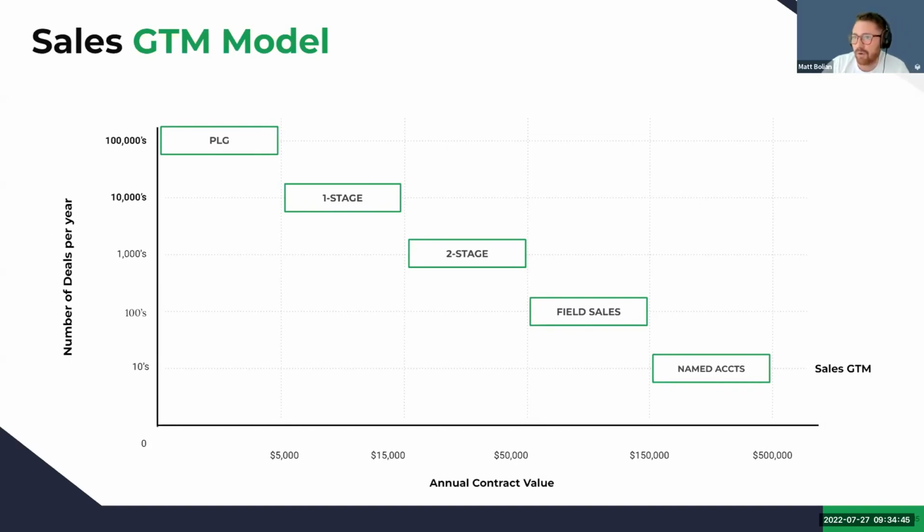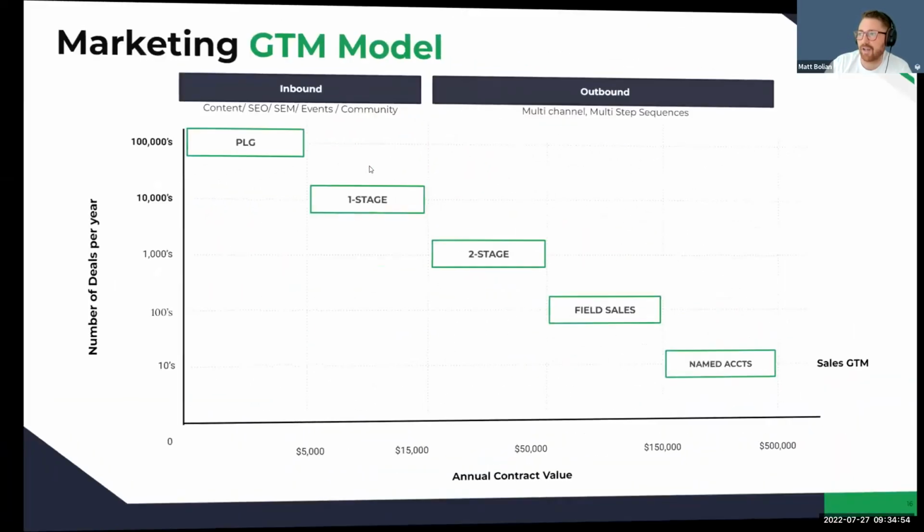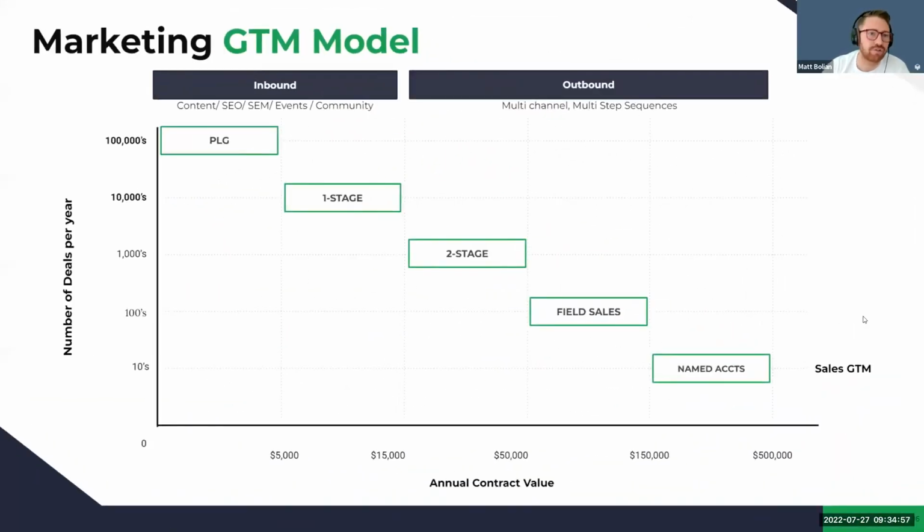Okay, so that's the sales go-to-market motions, but that's not it. We don't end here. This is the next step, to think about, okay, how do marketing go-to-market motions fit on top of this? Traditionally, in what I call the old world, you had 2 different go-to-market motions for marketing: inbound and outbound. Outbound being direct mail, mass marketing emails. Inbound is the SEO, paid, advanced communities, etc.